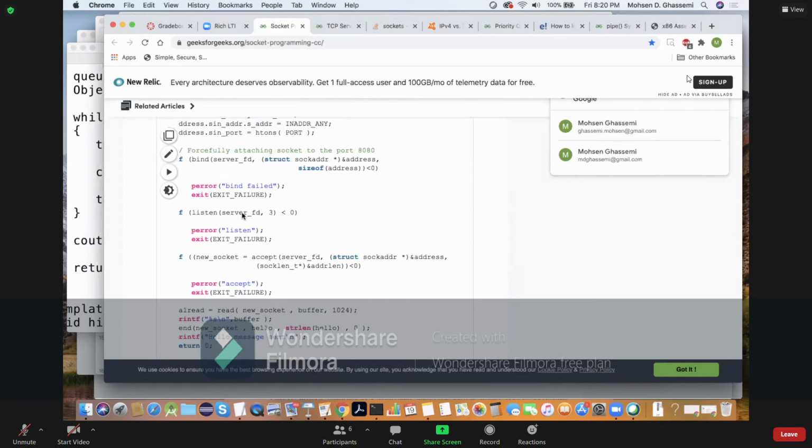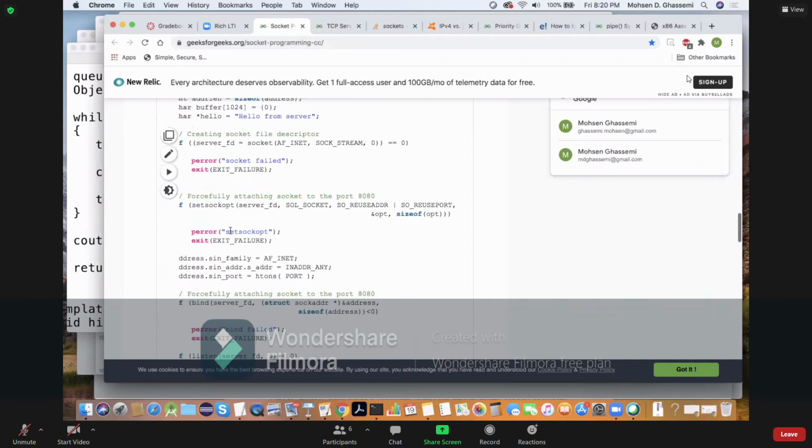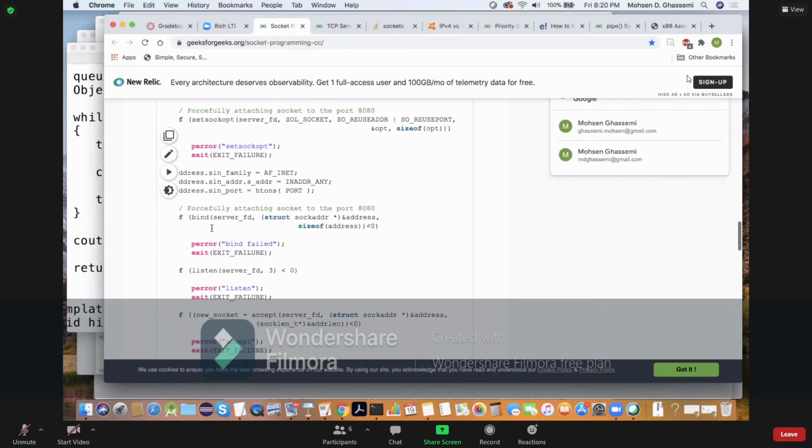Okay. So the next thing we do: we made this socket connection, we made the socket call, we made the socket option. The next thing we do is a bind. You're passing the server FD, which you get from the socket call. You pass the address and the size of the address. So you're binding the address space to